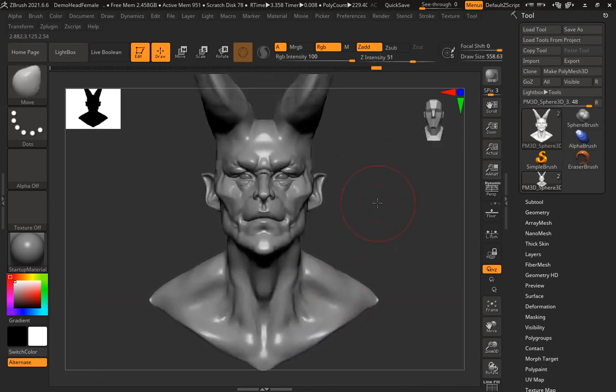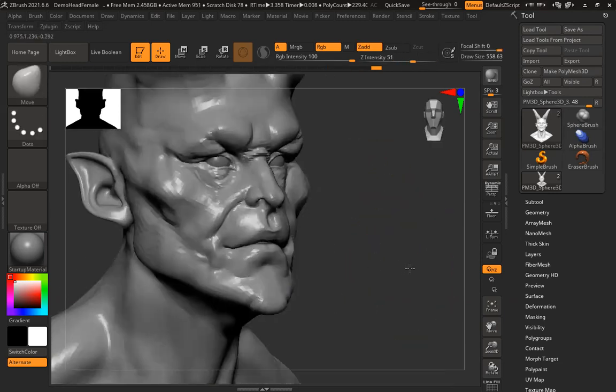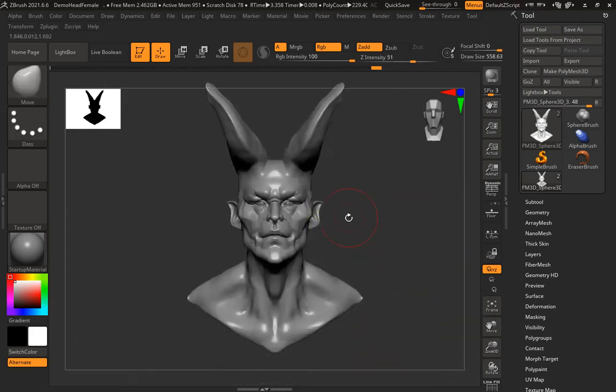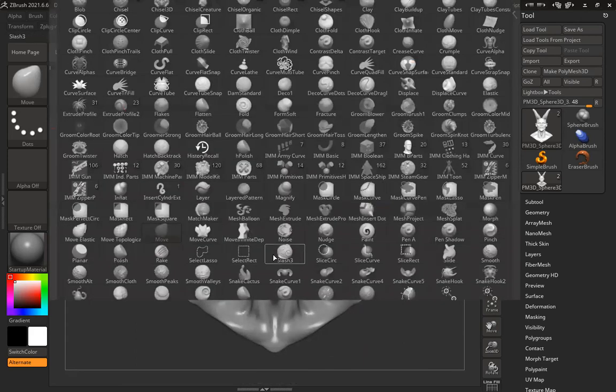All clean. So our basic shape is ready. I need to make it asymmetric, so I switch off symmetry X.